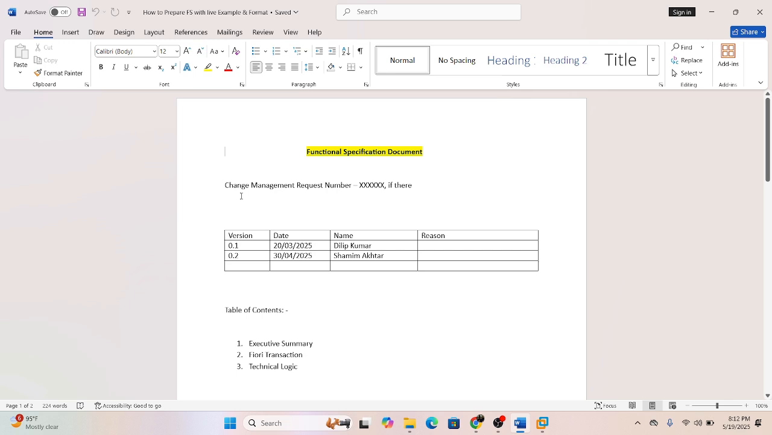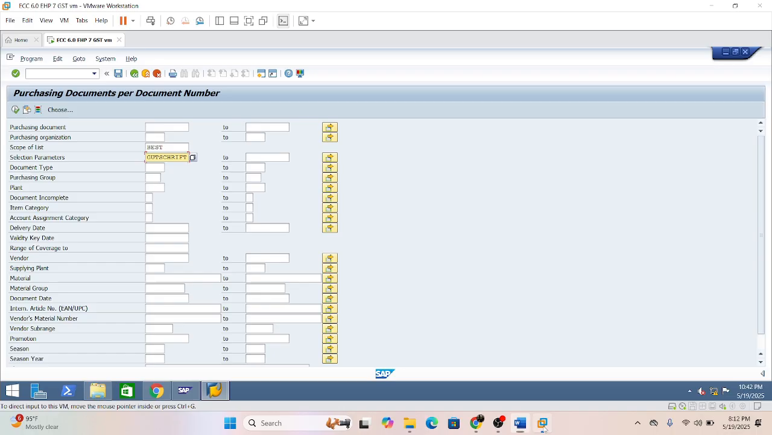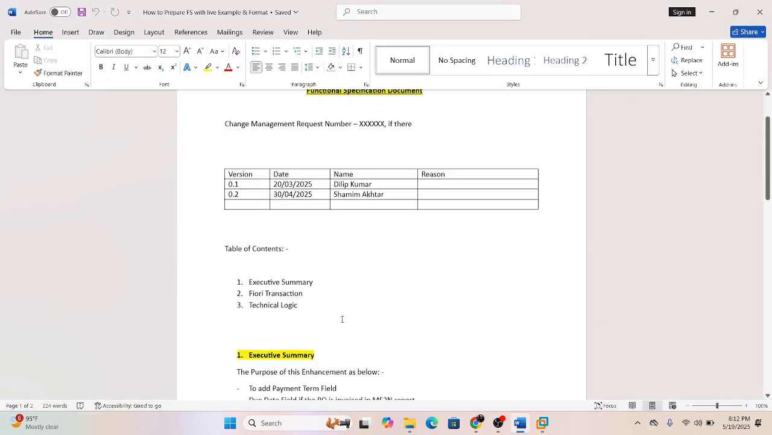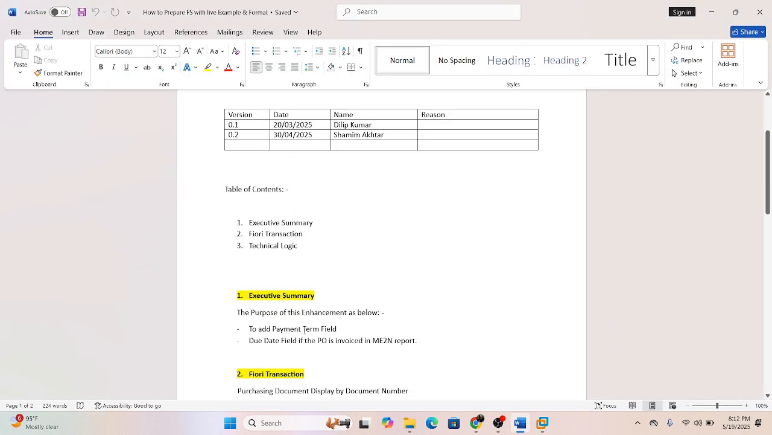Generally a change management number is created whenever a transport request is required to be moved. So at that time, a change management request number is required. And one more thing, there will be versions. Suppose in the same report there are two requirements. Suppose first, the client has requested to add a payment term field